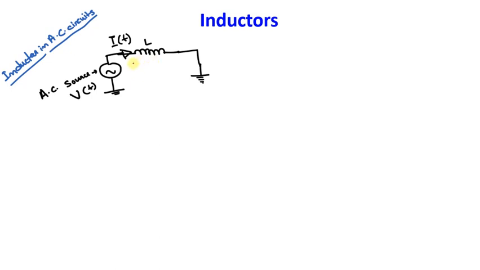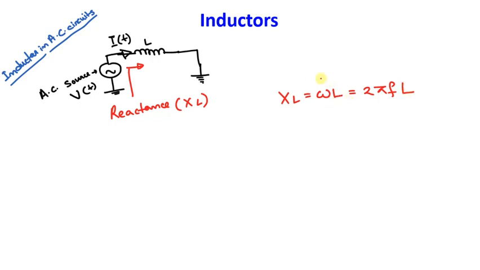This particular property of an inductor, which opposes the flow of current from an AC source, is called its reactance and is denoted by the symbol XL, where XL can be found from omega L or 2 pi f into L. What is omega? Angular frequency. What is L? L is the inductance of this inductor, and its unit is Henry. What is pi? 3.14. What is f? Linear frequency. Unit Hertz. L in Henry, right? And the unit of XL in that case would be ohm.